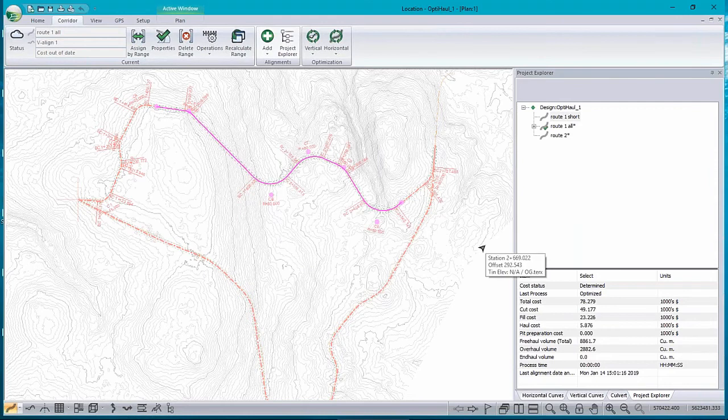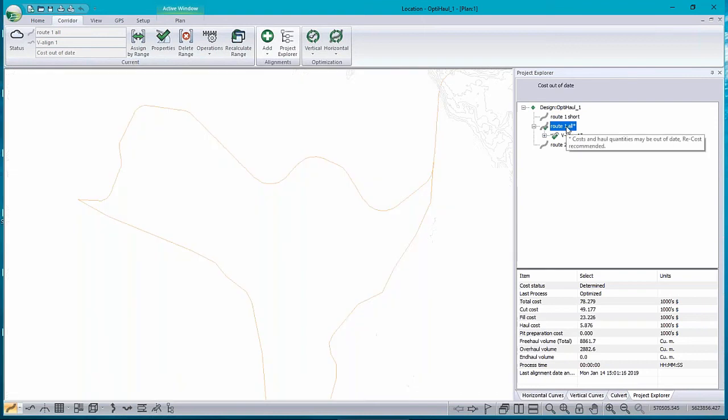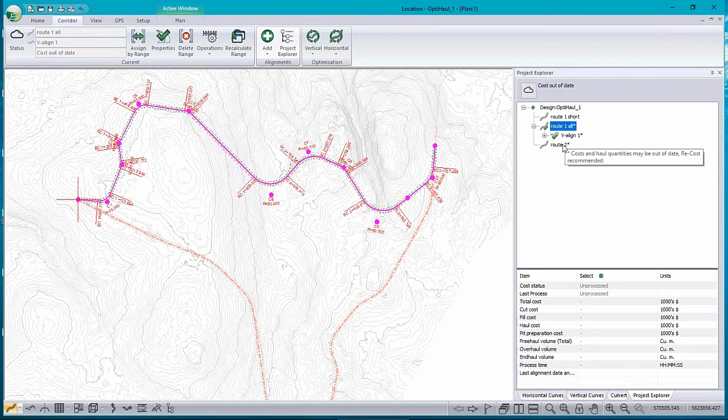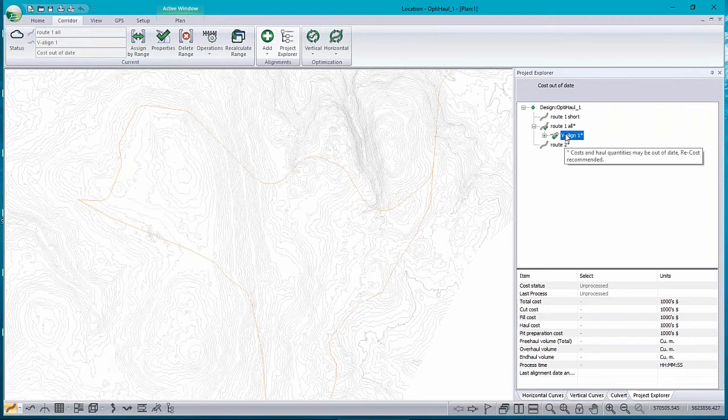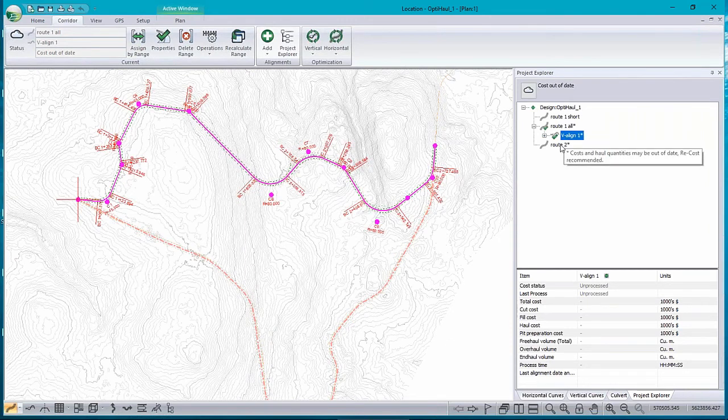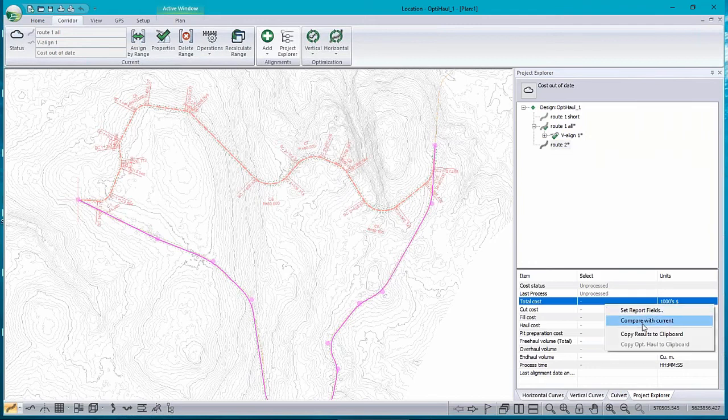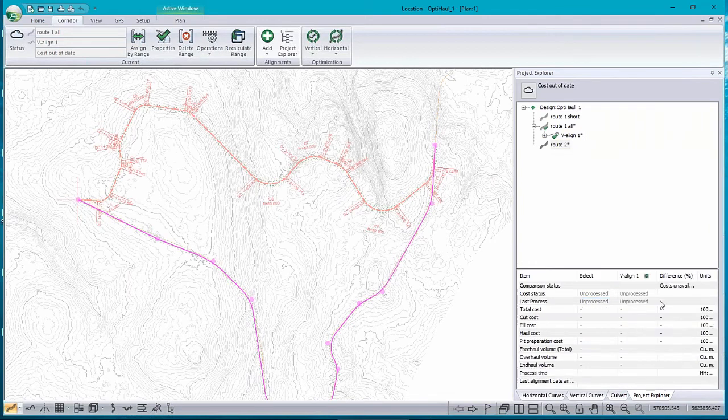And I think that's pretty much what I wanted to show you here. Oh, comparison, right. So these 2 roads go basically to the same spot, this one and this one. And it would be interesting to compare their costs. So what I'll do is, well, one of them is already selected. This one is the current one. And down here I can say compare with current, and I need to